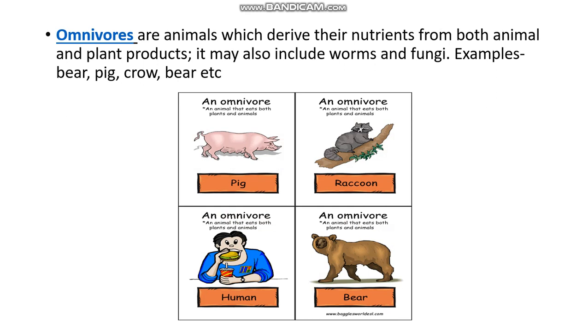The next is omnivores. Omnivores are the animals which derive their nutrients from both plant and animal products. Example, pear, big,